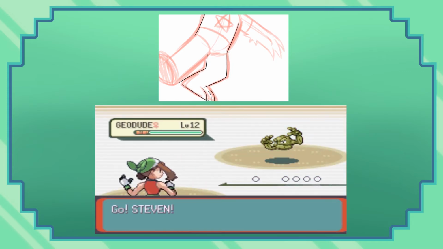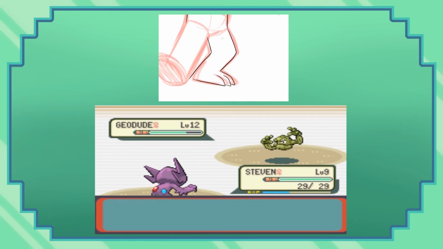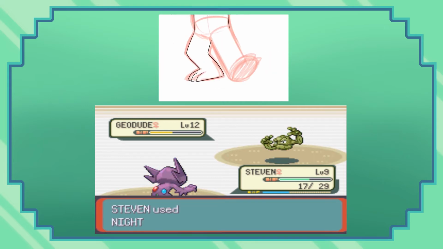I start off by using Nightshade to gauge Geodude's HP. It does around a quarter damage. We get past it and gain a level, but we took too much damage ourselves, so the next Geodude that came out beat us. I'm going to be taking a no reset strategy with this run unless I have other Pokemon in the party,